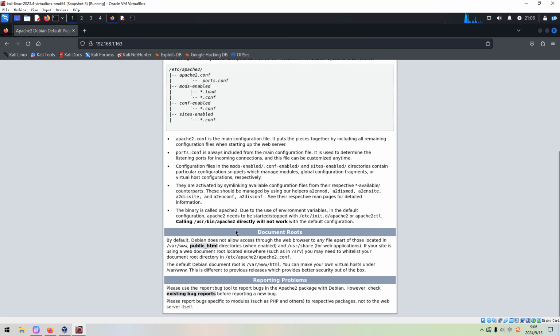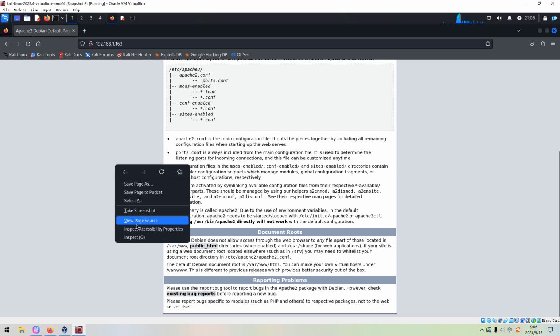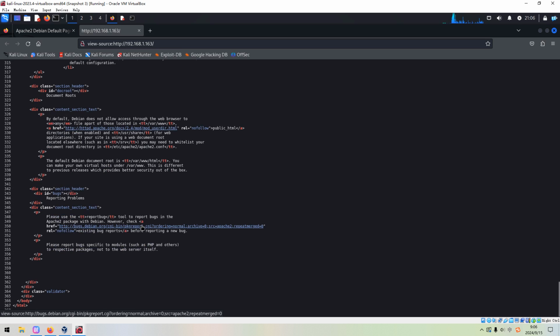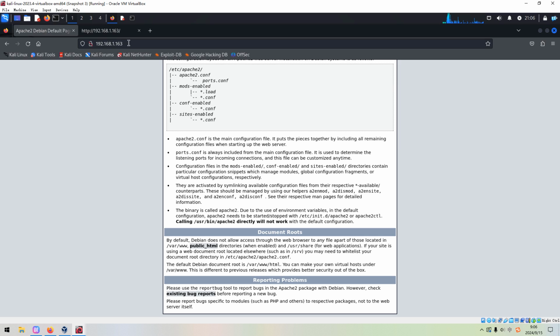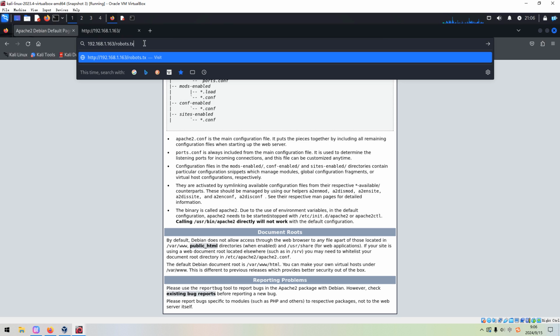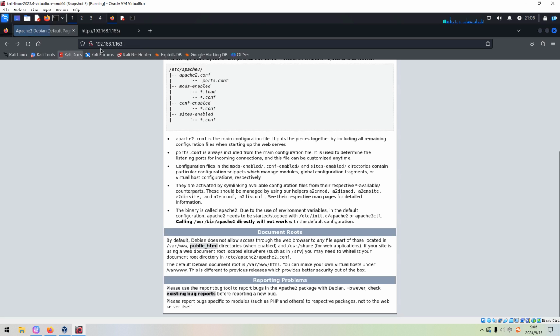So nothing, just a very standard or default Apache 2 page. And also we can check its source code, and we can scroll down to make sure we do not miss anything from its source code. Okay, so next we need to check whether this site has a robots file. Not found, which is fine.